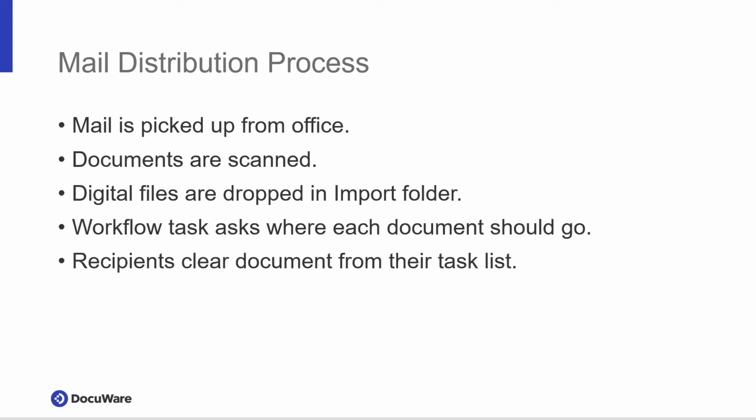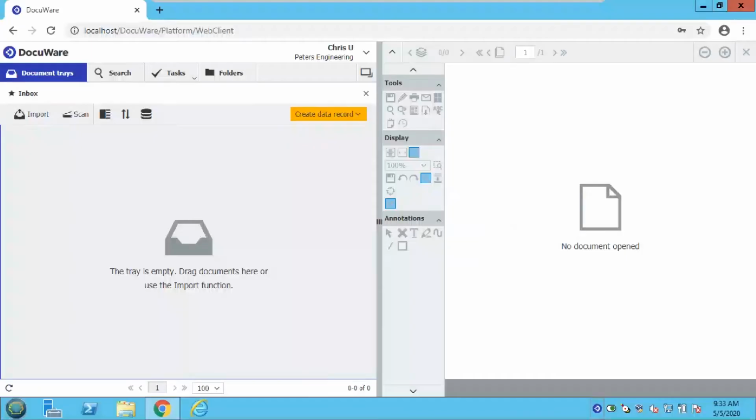So we're going to switch over now to a VM that I have prepared here. And as you can see, we're logged into the main web client. The first thing we're going to need to do is make sure that we have desktop apps installed. Now, any user with any permissions, when they're on the web app, can download and configure them by clicking on the main menu,